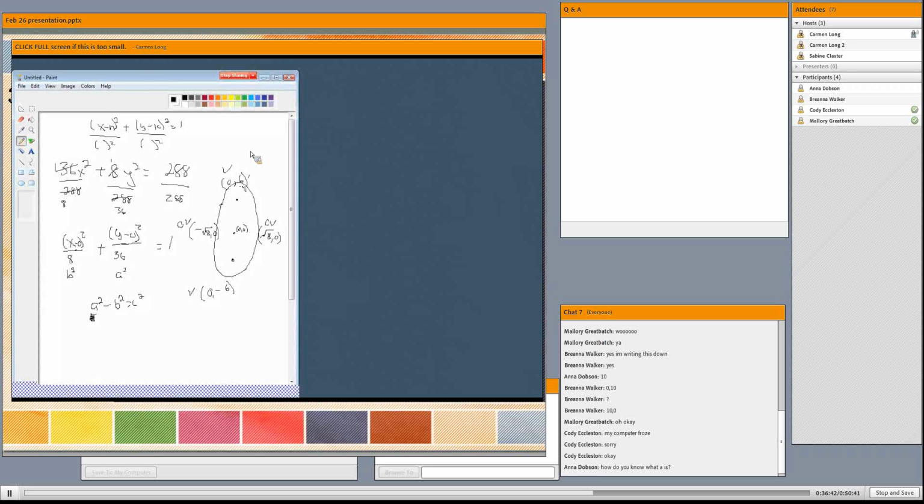Does that make sense? We haven't done it yet, but that's why I'm setting it up like this. All right, so our A squared is the bigger number, which is 36. Our B squared is the smaller number, which is 8. So 36 minus 8 gives us 28. So C is the square root of 28. I don't know what square root of 28 is, so I'll use my calculator. It's about